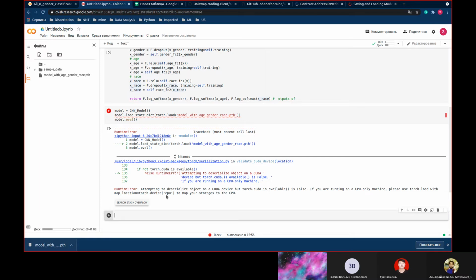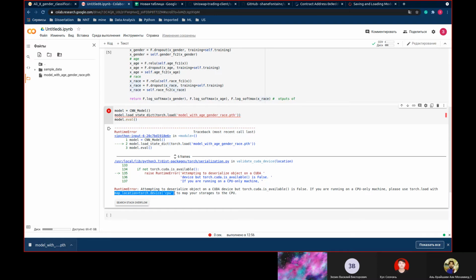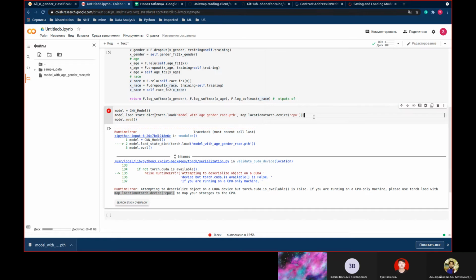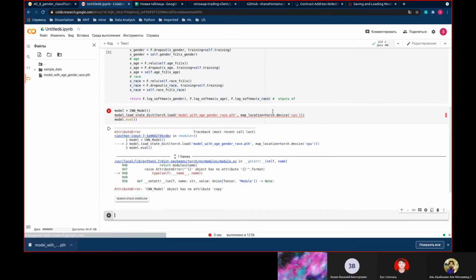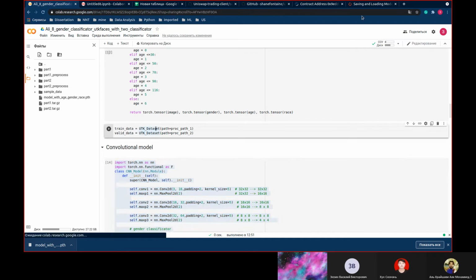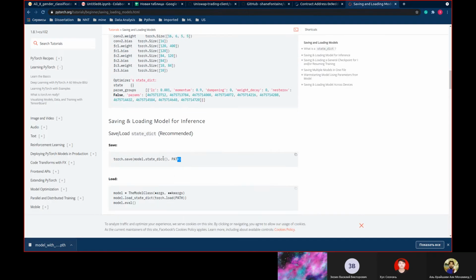And okay, if you are running this, map location CPU. Yeah. Let's try again. Has no attribute copy. Model. Try to use this one.